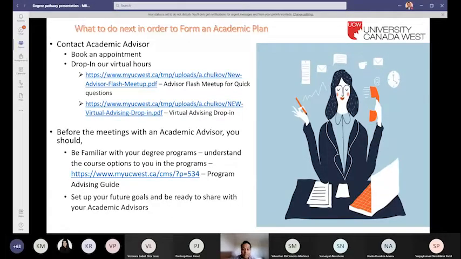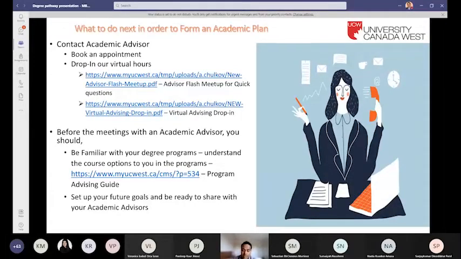Be familiar with your degree program, understand the course options in your program, so you clearly know what your questions are. Set up your future goals and be ready to share with your academic advisor. If you have plans, if you have aspirations of why you're doing an MBA, what your actual goals are, feel free to share with us so that we can help you get a perspective on it, or if you need some additional help, we could refer you to the specific department or resource accordingly.